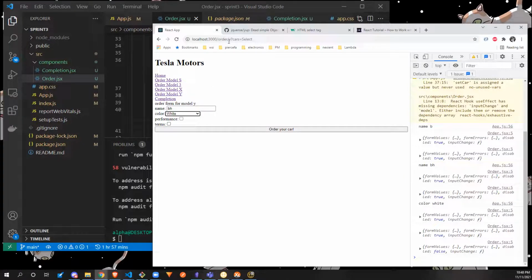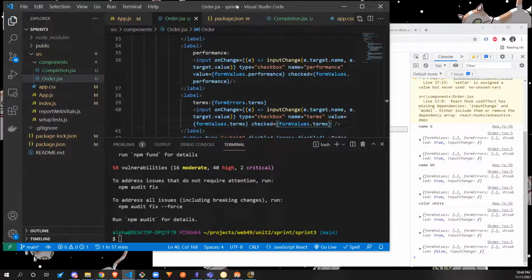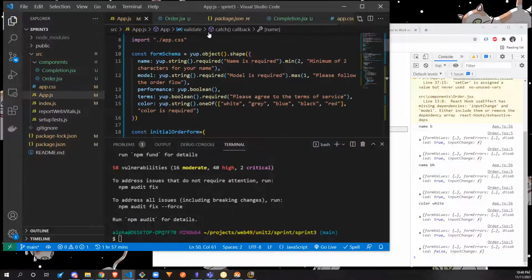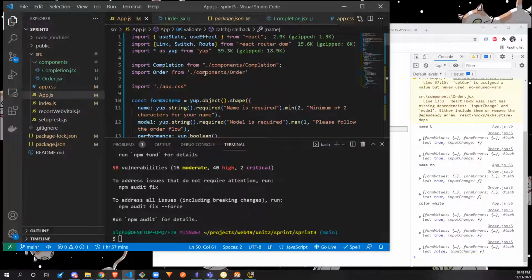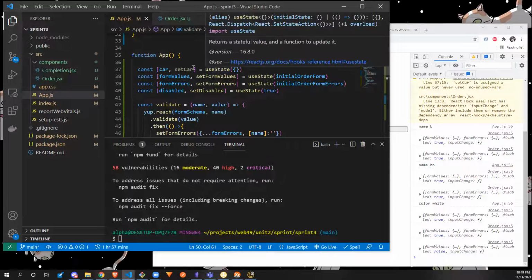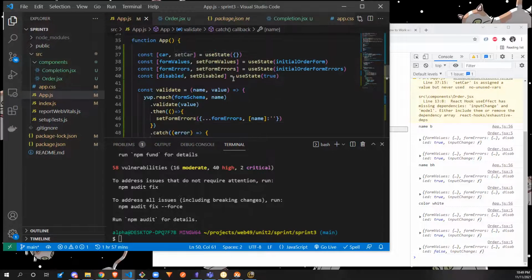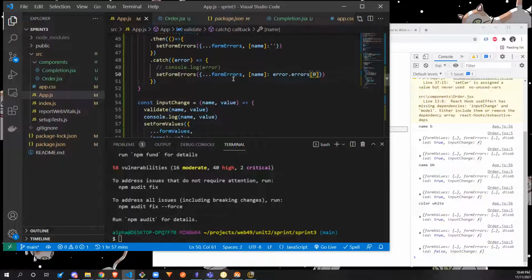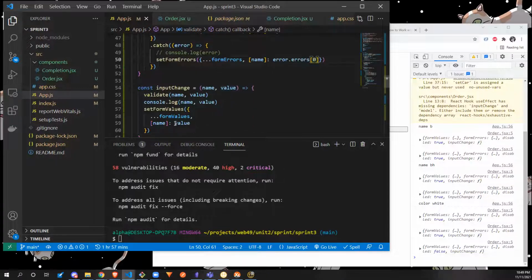Yeah, see, that still isn't working right. So there's a change handler problem that I'm running into, and I probably messed up my change handler in here. So yeah, because this is going to be